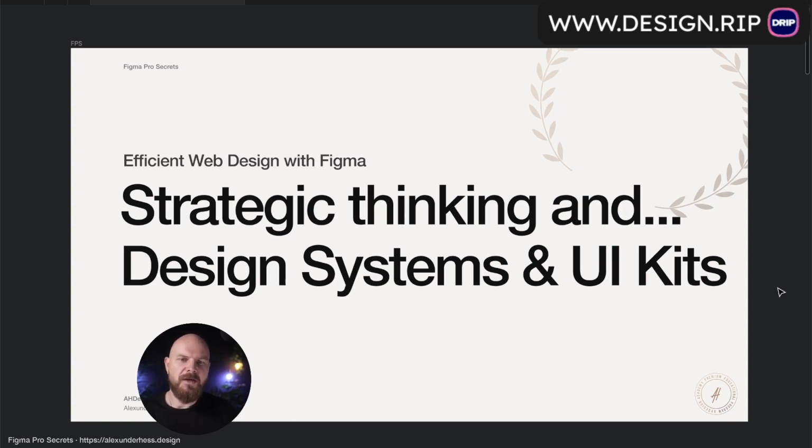But before we go to that point, I want to share with you the process that I usually follow when I create websites. When I just started my design journey, specifically web design journey, honestly, I didn't know much about design and specifically how to design. But I knew one important thing. Because I have a master's degree in marketing and I learned business a lot, I realized what I need to do